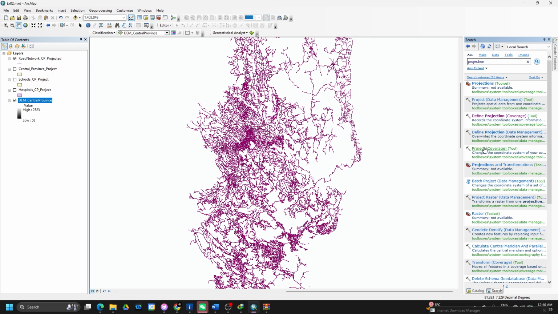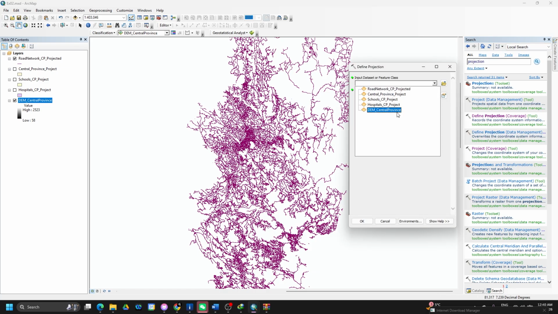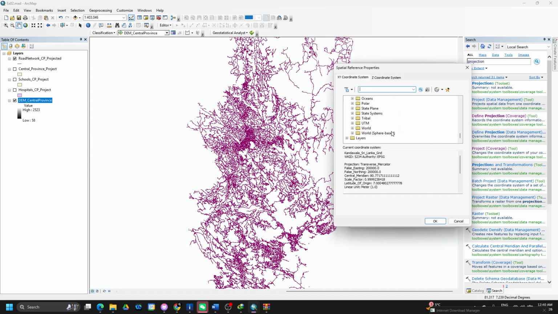You don't need to do the projection for this, what we call the DEM file. I will revert the projection, the coordinates, to zone 44 and